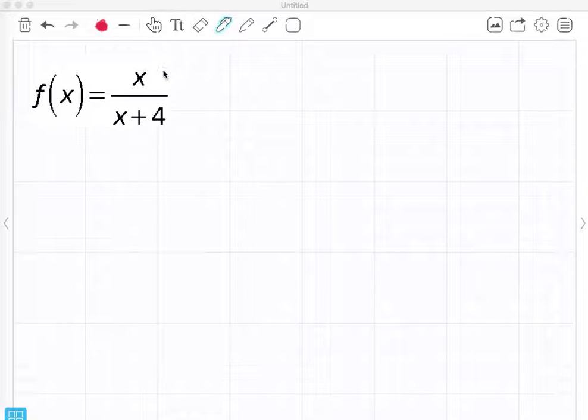This is a second video looking at inverse functions. So you should already have an idea about what inverse functions are from the first video. And so what I'm going to do is jump straight into that working out, which is basically to make x equals and replace x here with y